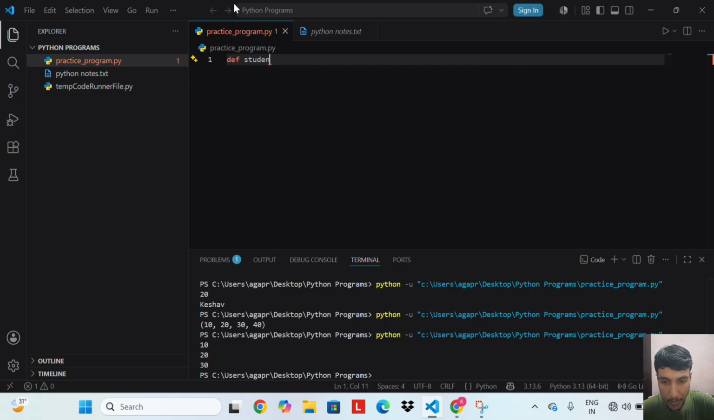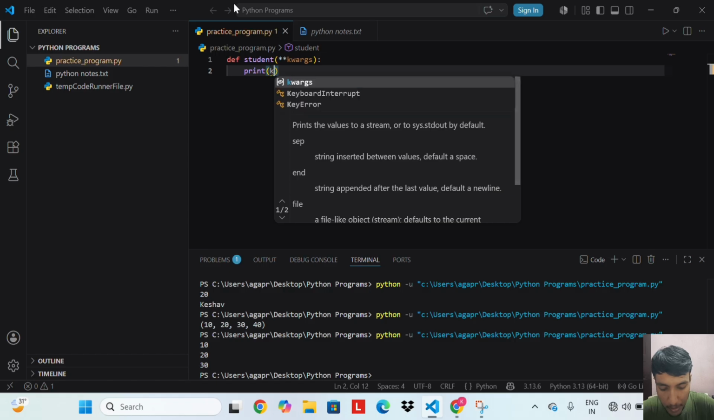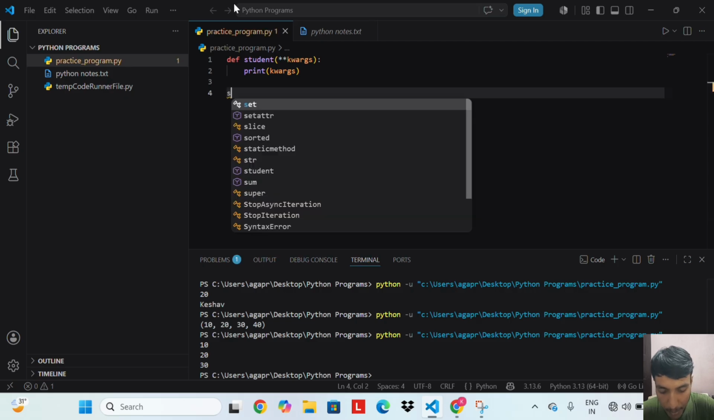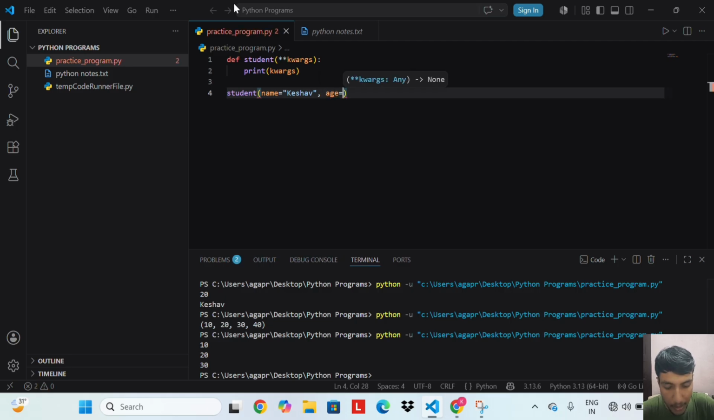def student(**kwargs): print(kwargs). student(name equal to Keshav, age equal to 20,